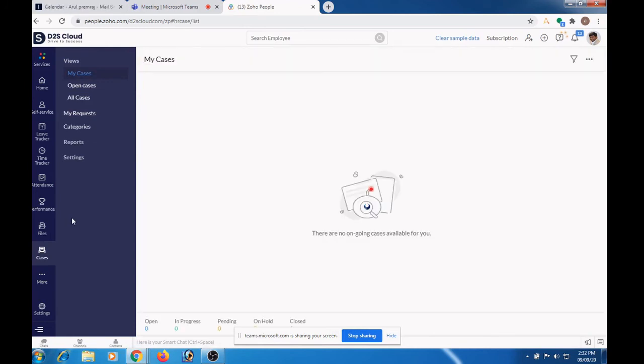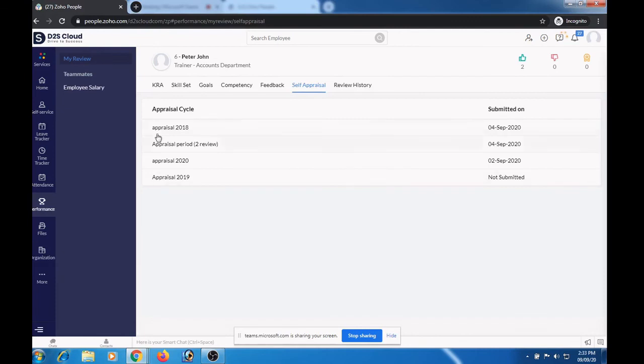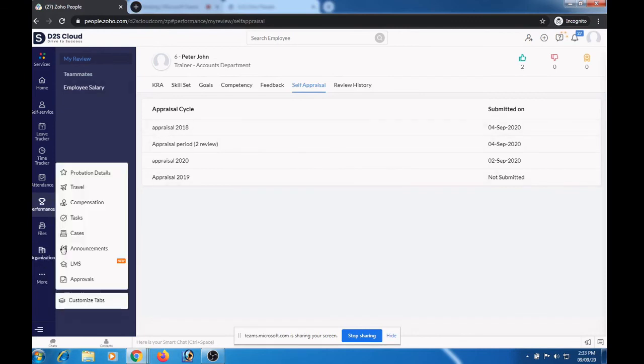This module is used if any employee in a company has any queries, they can raise the questions and his manager or reporting manager or admin can reply to this query. For this purpose, the cases option is included here. For example, if an employee wants to know whether tomorrow is a holiday, he can raise a question to his reporting manager. Let me show with an example.